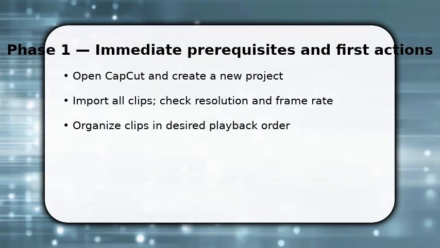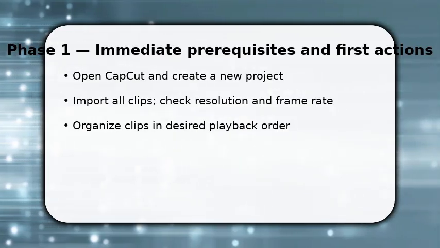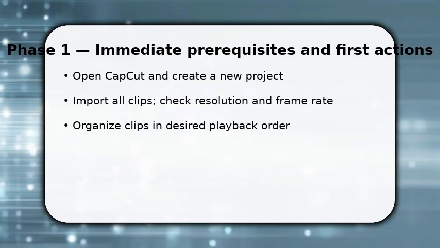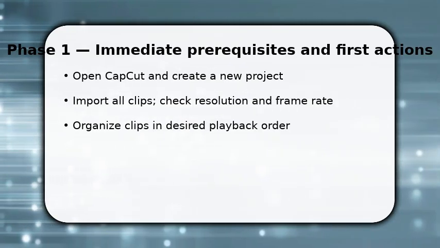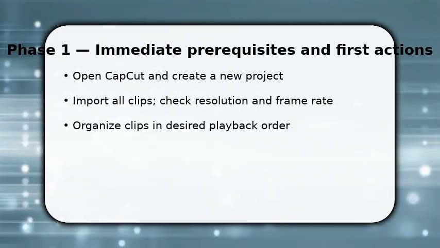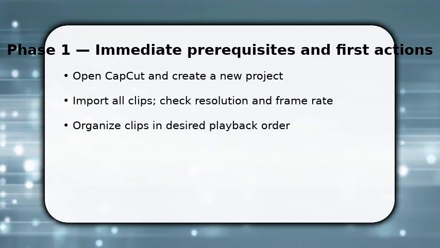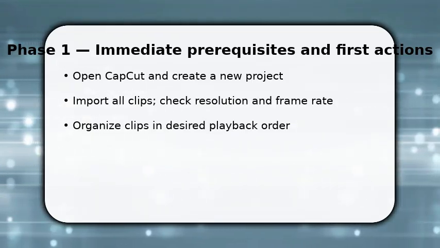You start by opening CapCut and making a new project. Import every clip you plan to link. Once imported, scan each clip for resolution and frame rate. Matching these avoids jumps. Then drag clips into the timeline in the order you want, snapping them to the playhead so there are no gaps. Make sure to trim rough edges first, because clean in and out points make linking smoother and reduce visible stutter